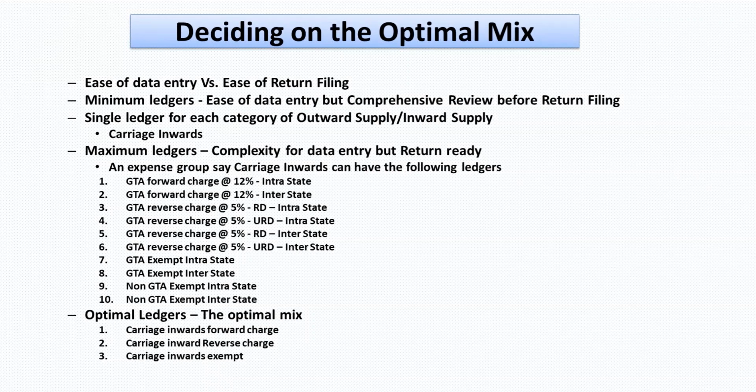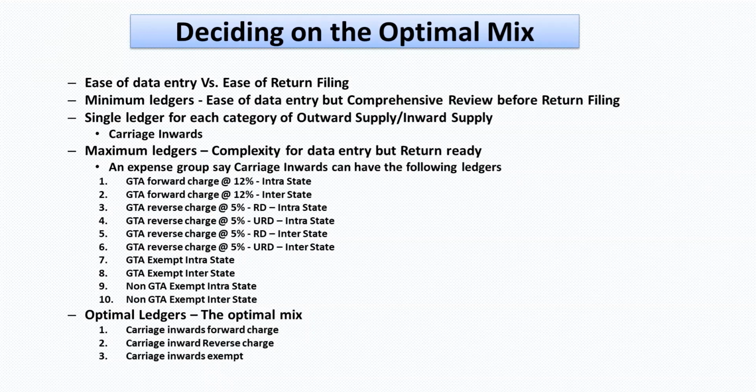And very important is, whenever expense vouchers are created under GST, the initial practice, let's say for audit fee, most of the time we see that there is a GST implication on that voucher. Let's say the audit fee is 1 lakh rupees, and 9,000 CGST, 9,000 SGST. So journal voucher: audit fee 1 lakh, input CGST 9,000, input SGST 9,000, and to the particular party account 1 lakh 18,000.